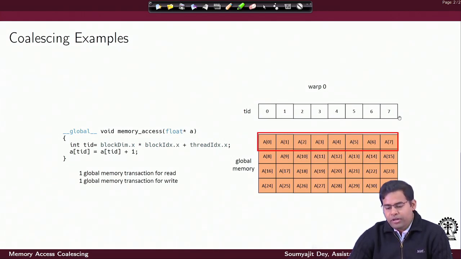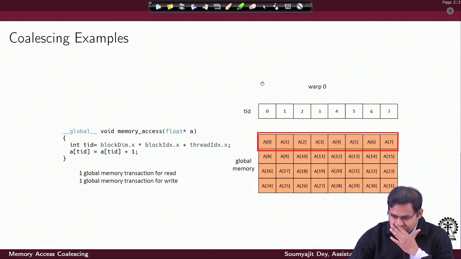Why? Let me just repeat again, because as we discussed, the global memory access is quite wide. Assuming that in this case the global memory access is defined as 8 cross 4 bytes, that many bytes, 32 bytes, I can bring in parallel. So for this specific case I can bring in all the data points required for executing this line. I can do the corresponding load operation here by a single global memory transaction. So essentially the global memory transaction would be defined based on the width of the warp.